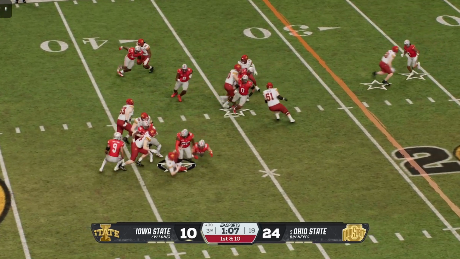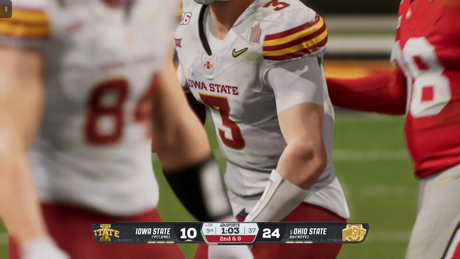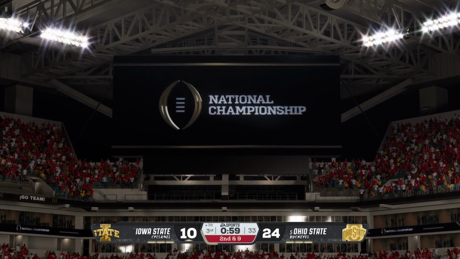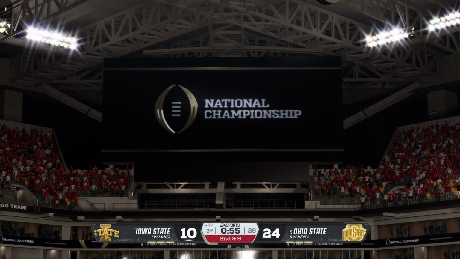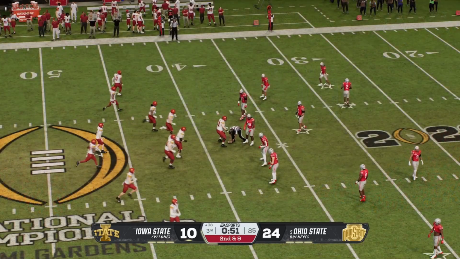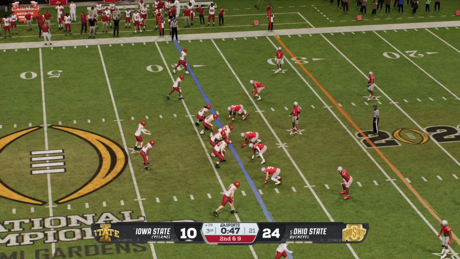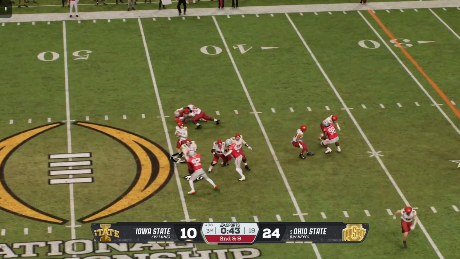QB decides to keep it here. And he'll maybe get back to the line of scrimmage, but no more than that. Chris, I'll be really honest with you. I don't know why they continue to try to run the football. I'm all about balance. I'm all about trying to make sure the defense has to defend the run and the throw. But at this point in the game, they haven't been able to run the ball. They're going to have to go through the air if they're going to come back and take the lead in this game at some point.